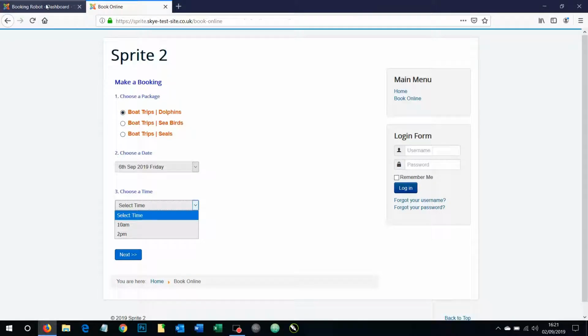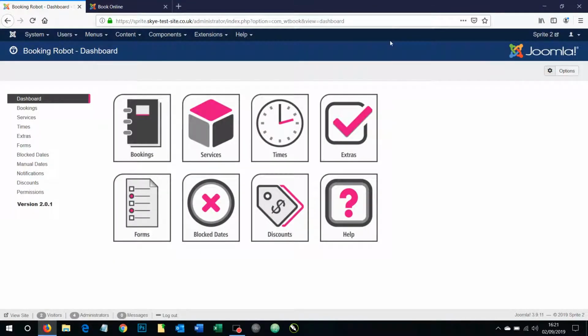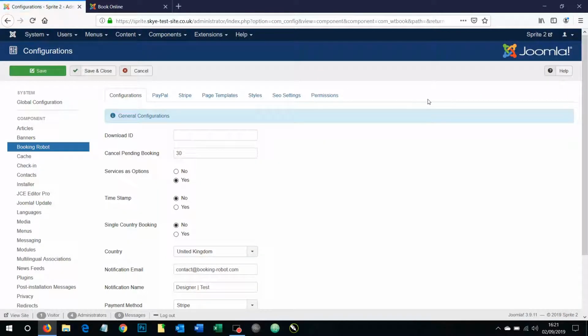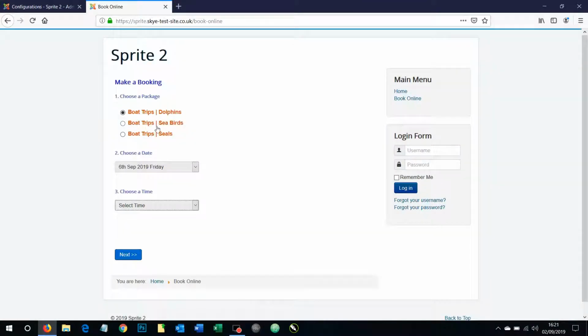Now, with the setting that we already had, which was called services options, set to yes, and that can be found in the configuration here, then as soon as one of these times are booked, the other options at that time become no longer available. So let's quickly demonstrate that using our Booking Robot